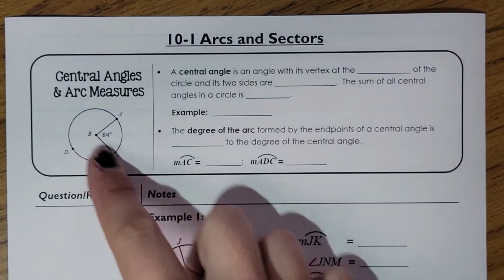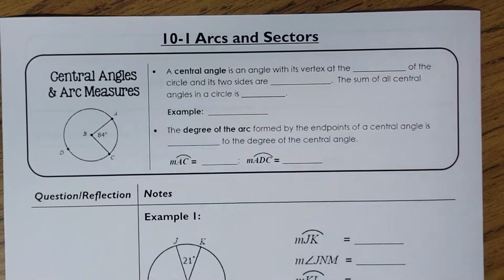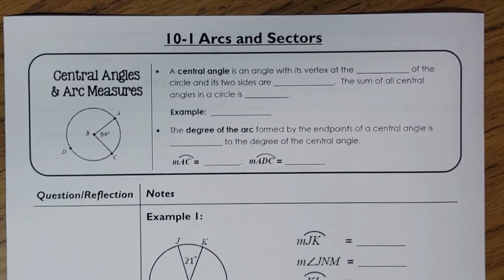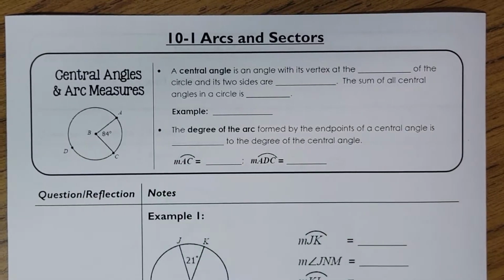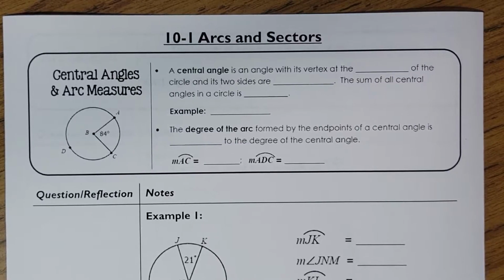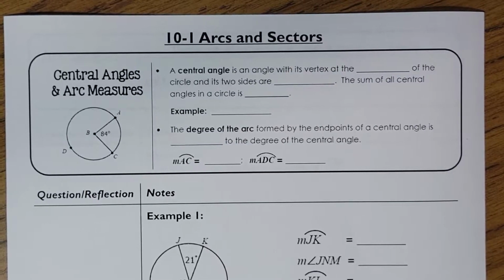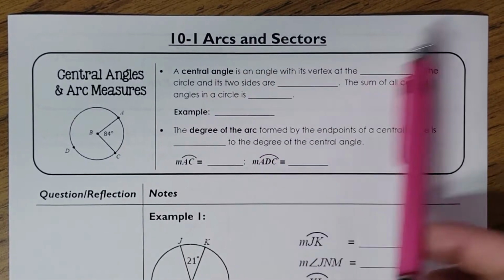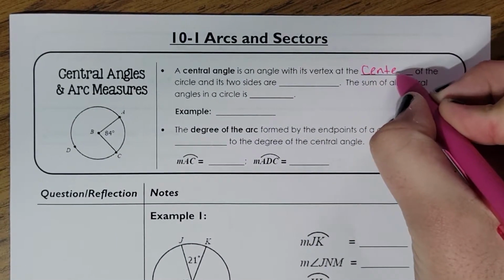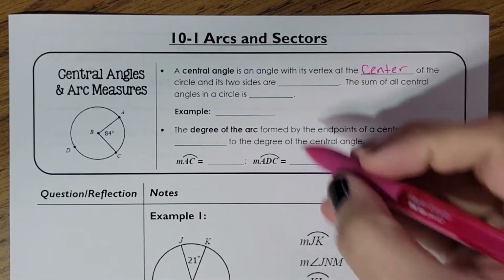And then these two sides of that angle are the radius of the circle, or since we're talking about two radiuses, we don't say radiuses, we say two radii. Radii of the circle, which just means multiple radiuses. I said radiuses, but because I'm trying to say it correctly, right? So let's fill this in. Central angle is an angle whose vertex is at the center of a circle, and its sides are